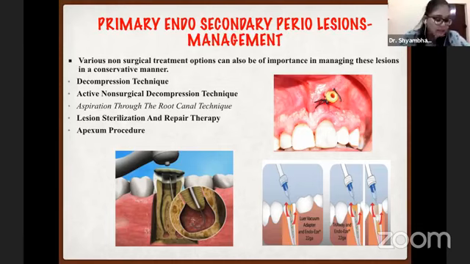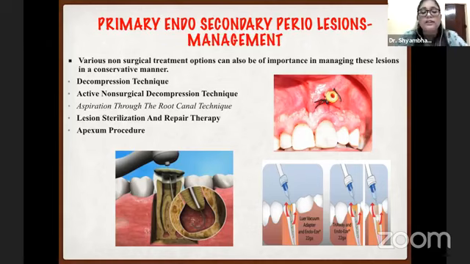And there's something called the Apexum procedure as well, wherein a NiTi ablator is used. This ablator is attached to a rotary instrument and passed through the root canal to the apex, where the micro ablator tube comes out and just rotates, creating a disturbance in the periapex. The microorganisms that have colonized there can get disturbed,